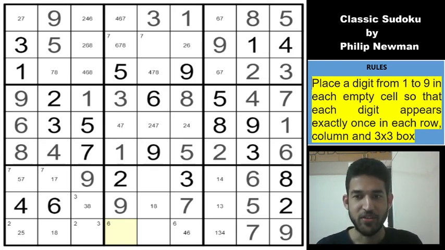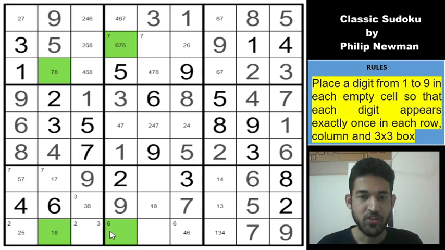Okay, so the logic hidden at this point is a skyscraper technique, guys. So we have covered a video also on this technique. If you look at these 4 cells in columns 2 and 4, you'll notice that 8 in column 2 can only go into these cells, and 8 in column 4 can only go into these cells. So which means that 8 must be in one of these 2 cells, right?